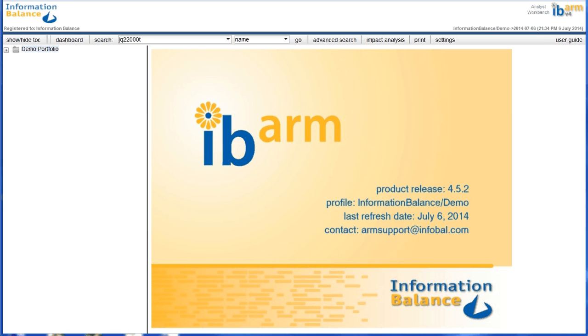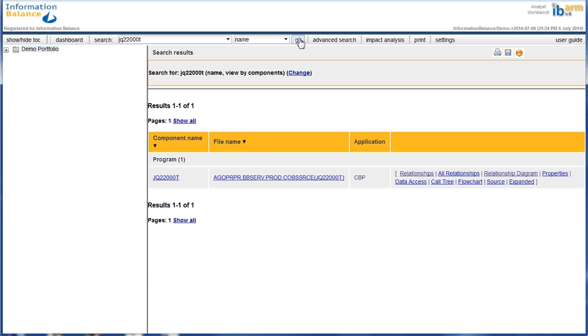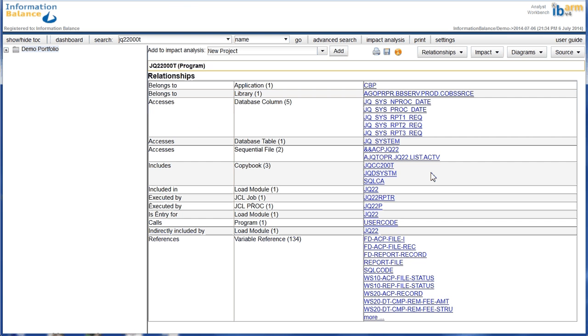This demo presents features of the IBARM impact analysis facilities. Impact analysis is about analyzing the impact of changes to your application. Dependencies between programs, classes, databases, etc. are assessed to determine the consequences of a change. IBARM extracts these dependencies from the application source code and presents them in various textual and graphical formats to allow